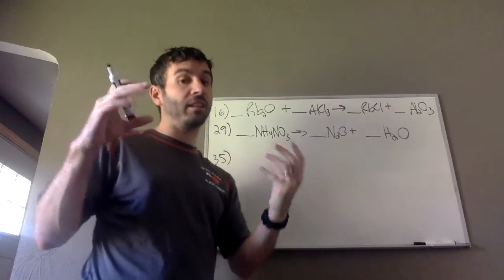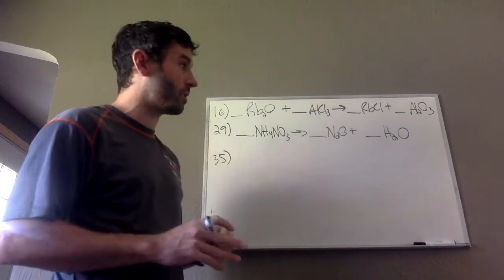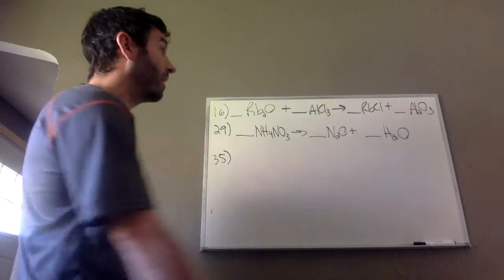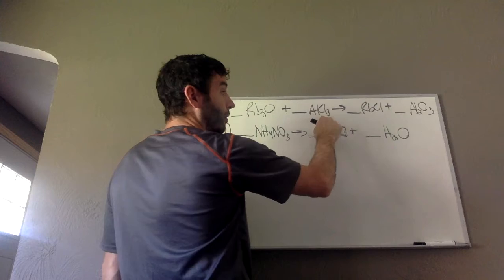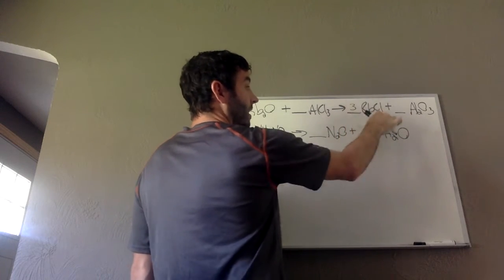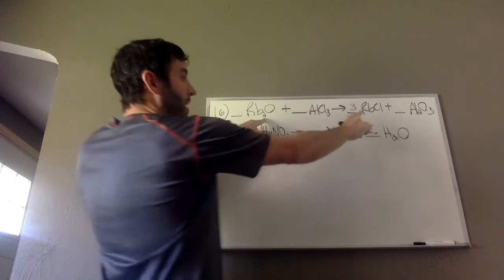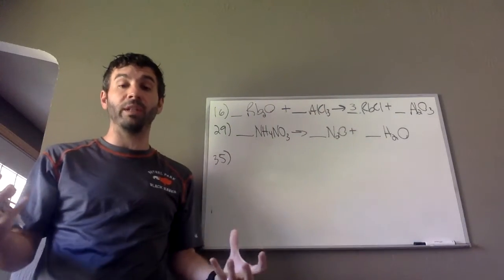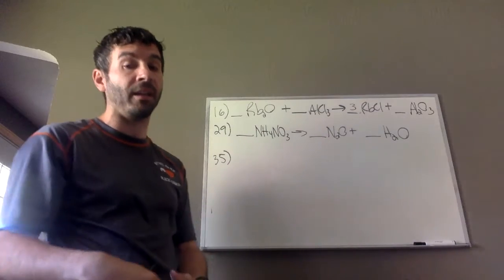But now, again, there's some trial and error here. I suggest you use a pencil. Watch what happens. Don't write this down because you're going to see this is going to be wrong. If I do the rubidium or the chlorines first, like let's say I put a 3 there. I fixed the chlorine issue, but now look, I have 3 rubidiums on the right and 2 on the left. 2 and 3 don't go into each other, so I have to find the lowest common denominator, which in this